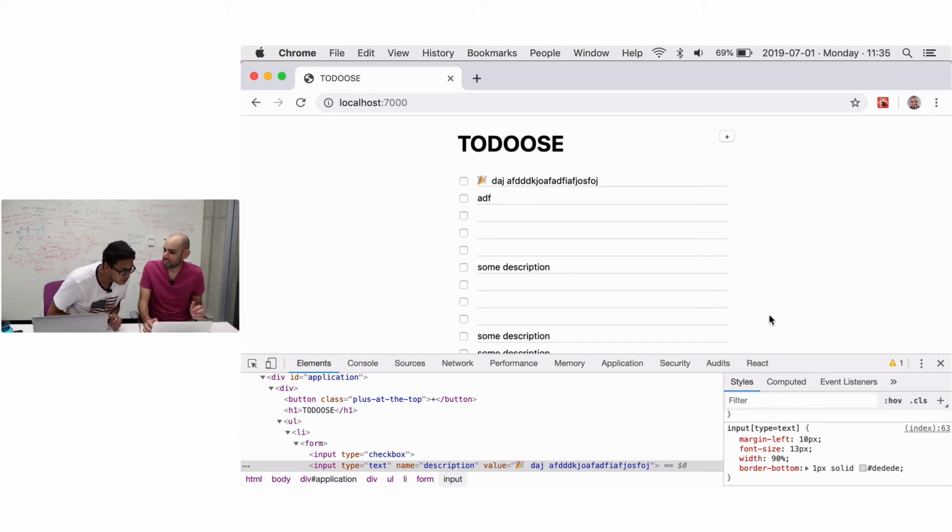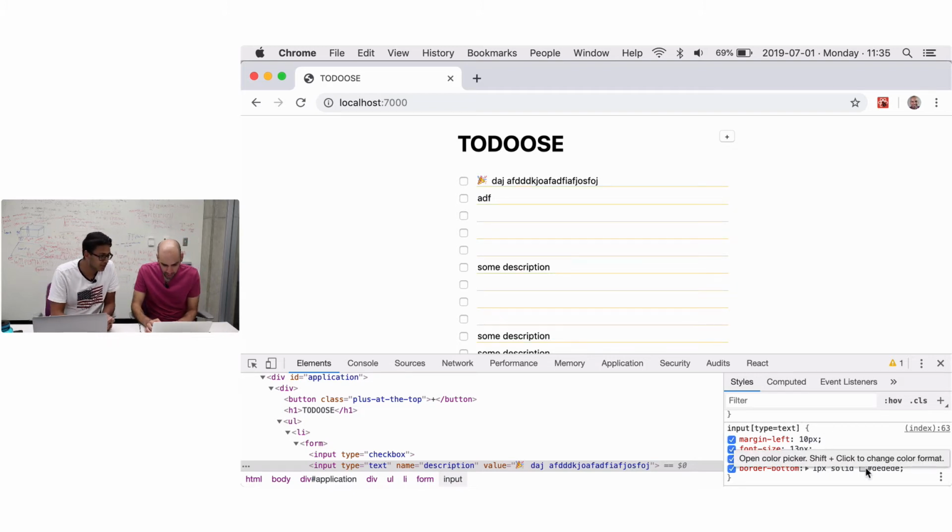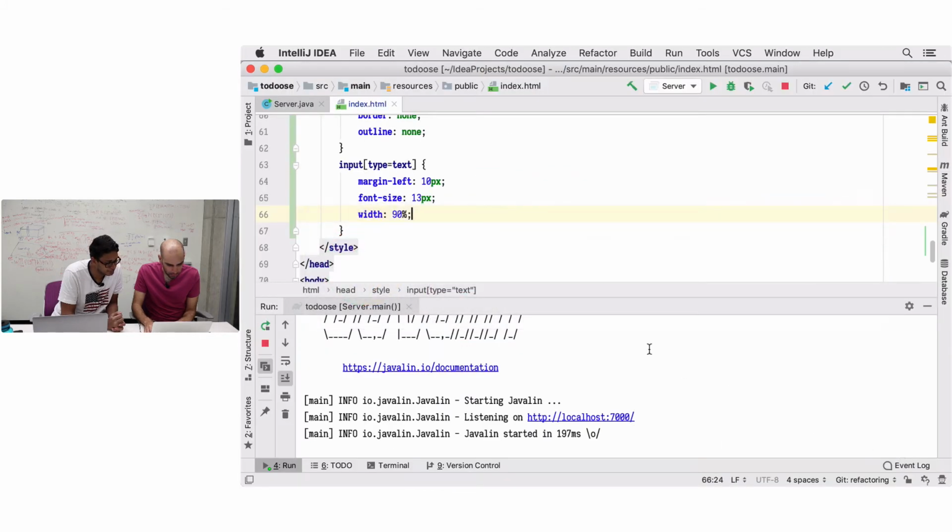You seem to be annoyed. No, it looked yellow for a second. Oh, it looked that way because I was hovering over the thing, and then it was showing me what the border selected was. Yeah, that's what I thought. That can't be a thing. Yeah. So now we have the border,